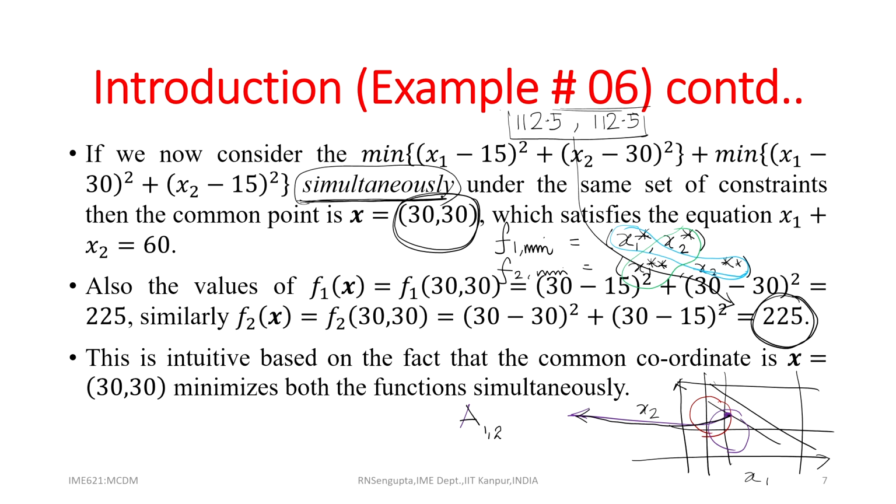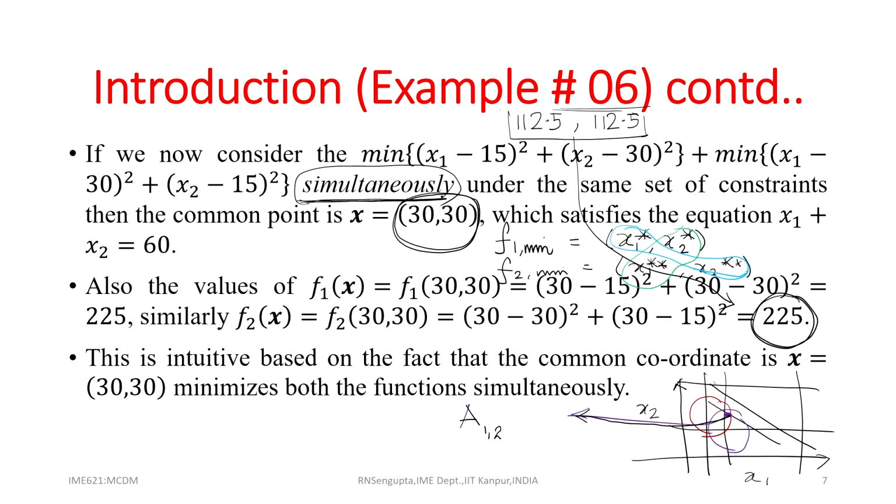the functions simultaneously. So, one thing should be remembered, leave aside the minimum point for x 1 or x 2, f 1 or f 2 or combined, they are different, obviously they would be, and the coordinate system based on which we are trying to find out the minimum point of f 1 or the minimum for f 2 or the combined would also be different.